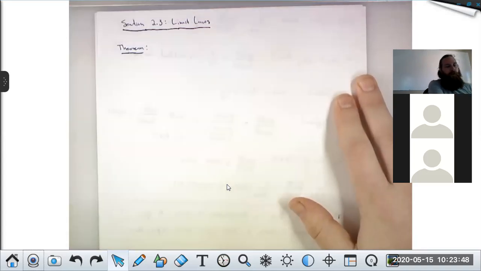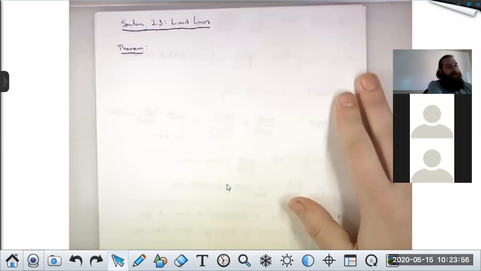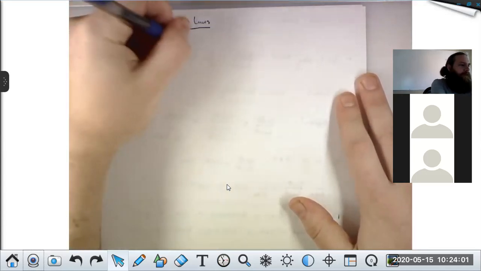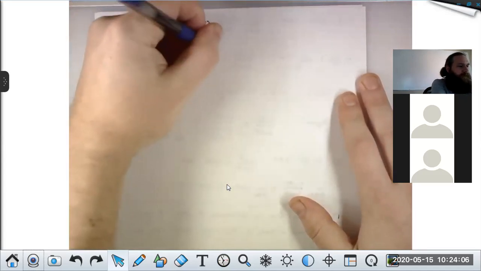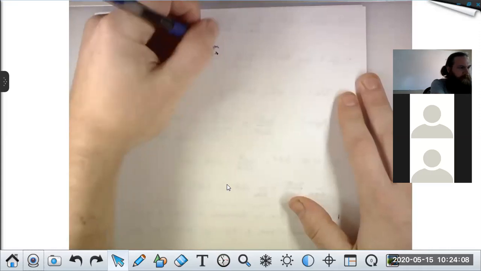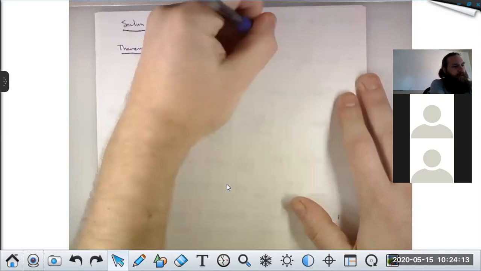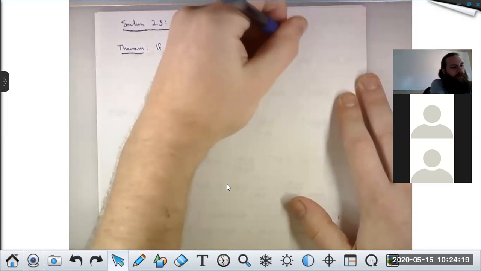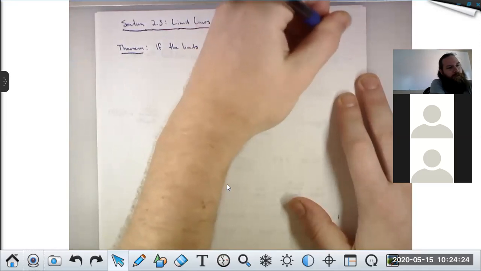So a theorem is a name in mathematics for a statement which is true. That's all. It's an important statement which is true. And they're usually phrased like if this, then this. So if the limits, lim x to a of f of x and lim x to a of g of x both exist, then